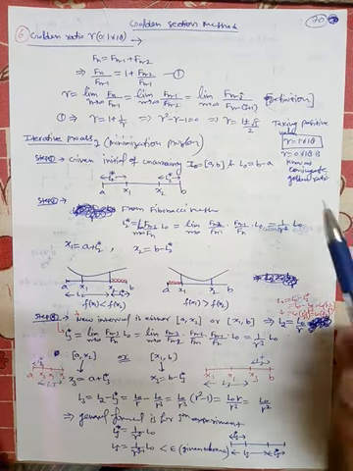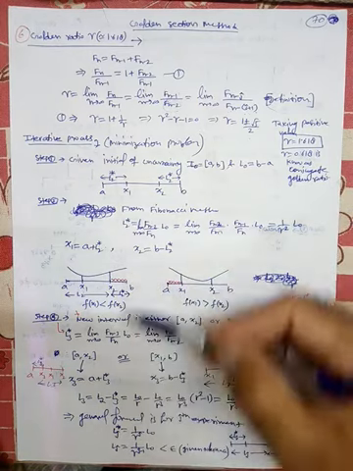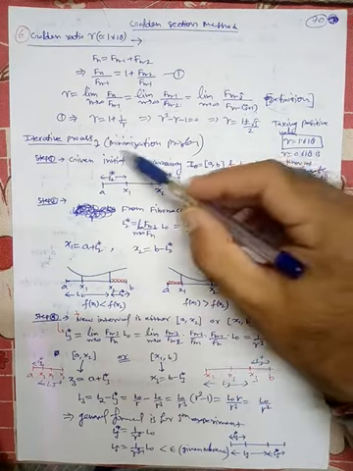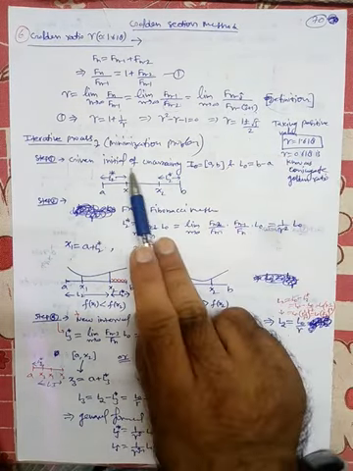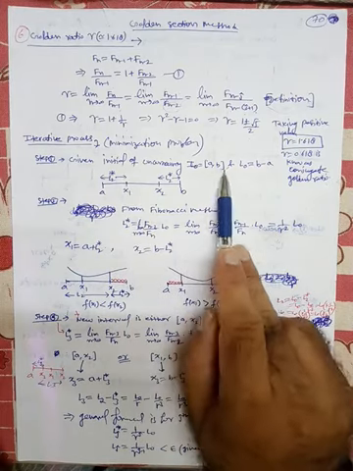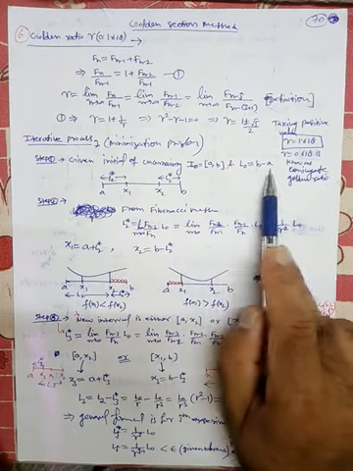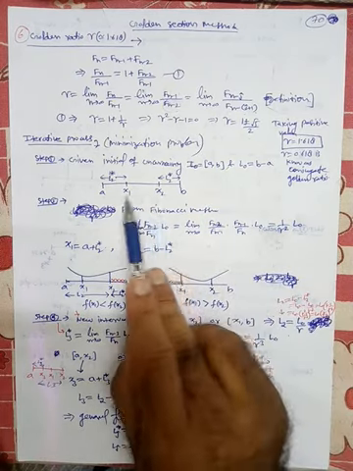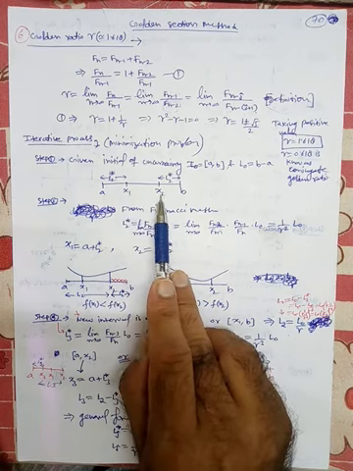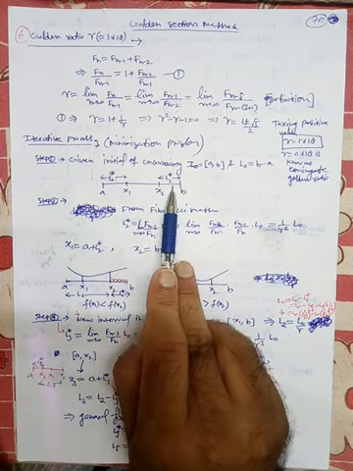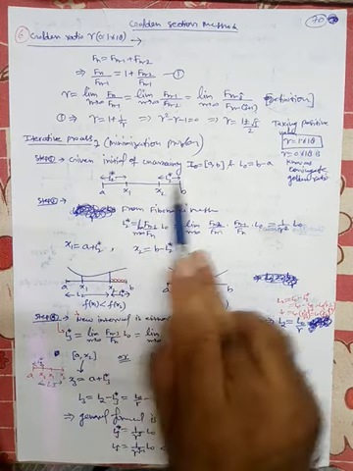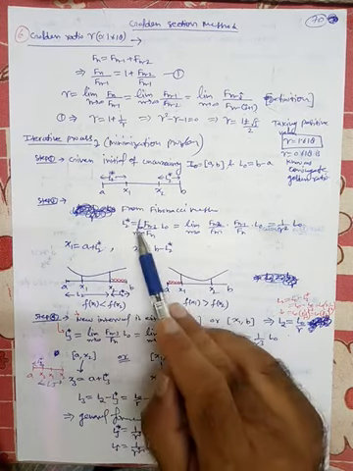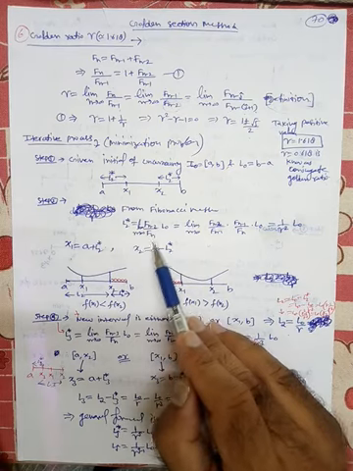Now the iterative procedure is the same as we have used before, but let's see. Suppose the given initial interval of uncertainty is I naught equal to AB and L naught is B minus A. This is the interval, this is the length. Here we have inserted 2 points x1 and x2, which are L2 star apart from the end points. From the Fibonacci method, L2 star is nothing but f(n minus 2) by f(n) times L naught.